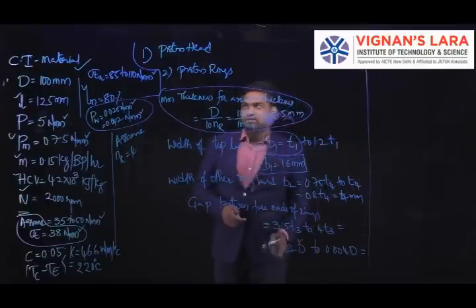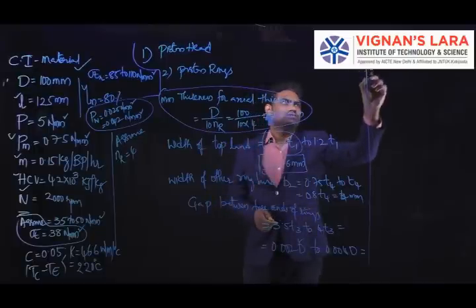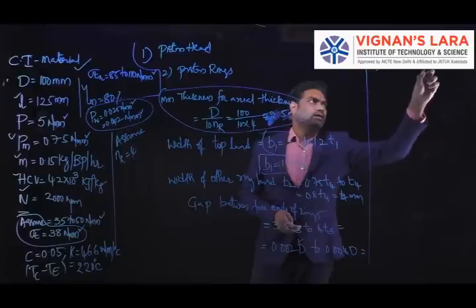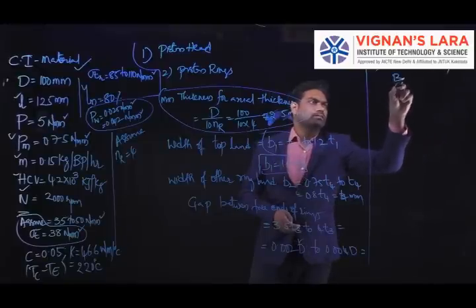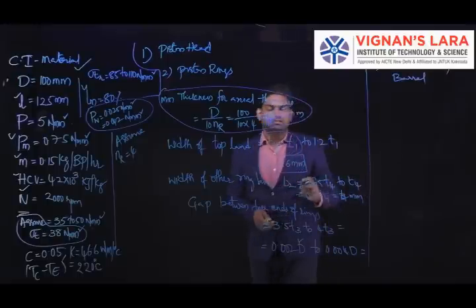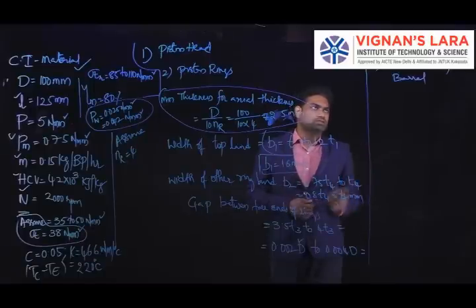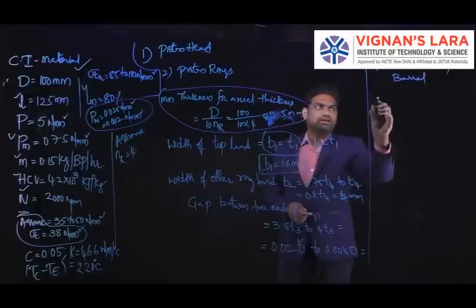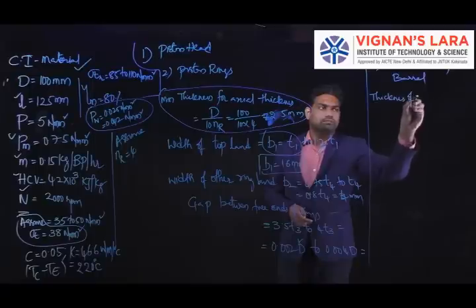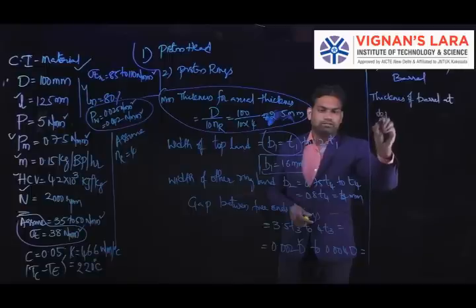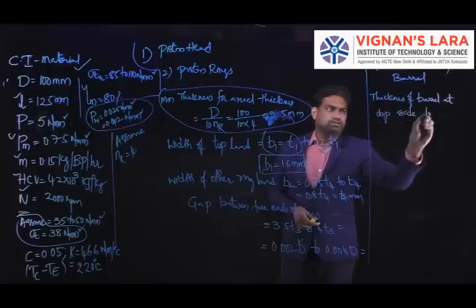The next step in this design is to calculate the dimensions of the piston skirt and barrel. For barrel dimensions, that is the axial thickness of the piston towards the open end as well as the thickness of the piston towards the top side. First of all, you can calculate the dimensions for the barrel. That is the maximum thickness of the piston barrel at the top side, denoted by T5.